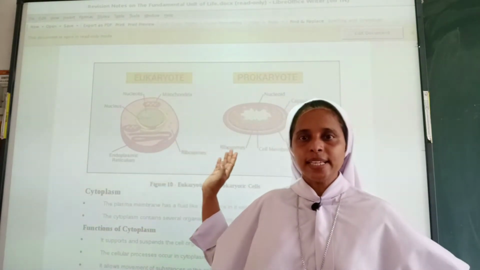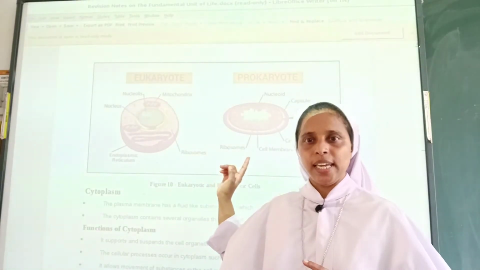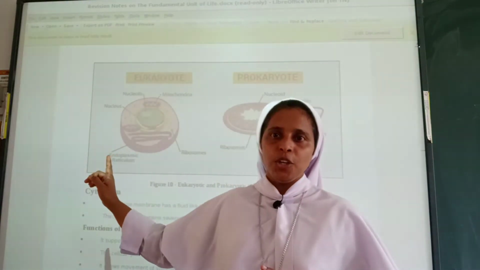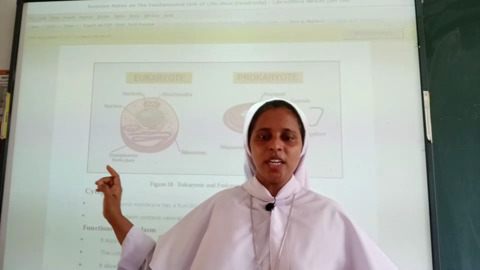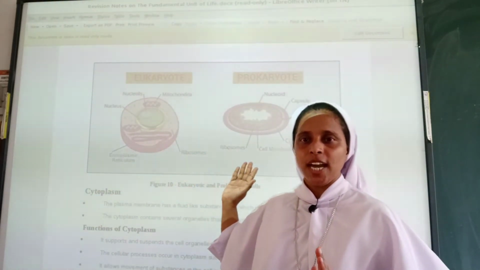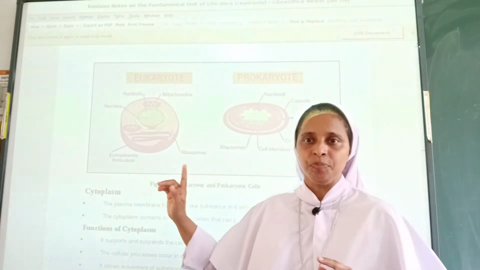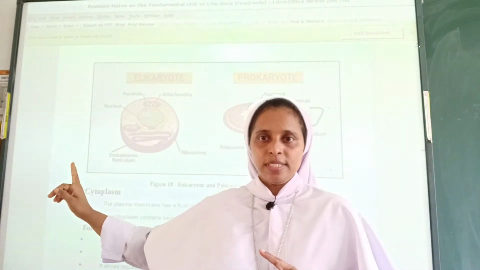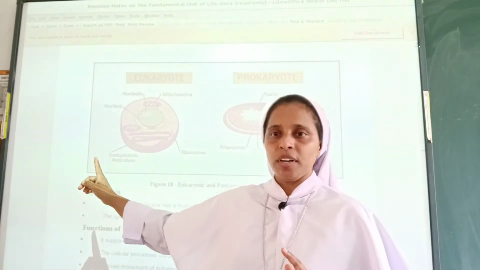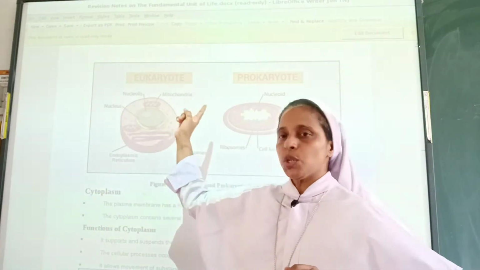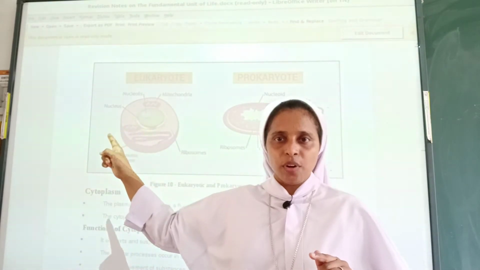And the next main difference is that they are generally unicellular organisms, while in eukaryotes, it is multicellular organisms. And here, as you see in the image, there are no membrane-bound cell organelles present here, while in eukaryotes, there are membrane-bound cell organelles. You can see here endoplasmic reticulum as well as the mitochondria, ribosomes, all the cell organelles you can find